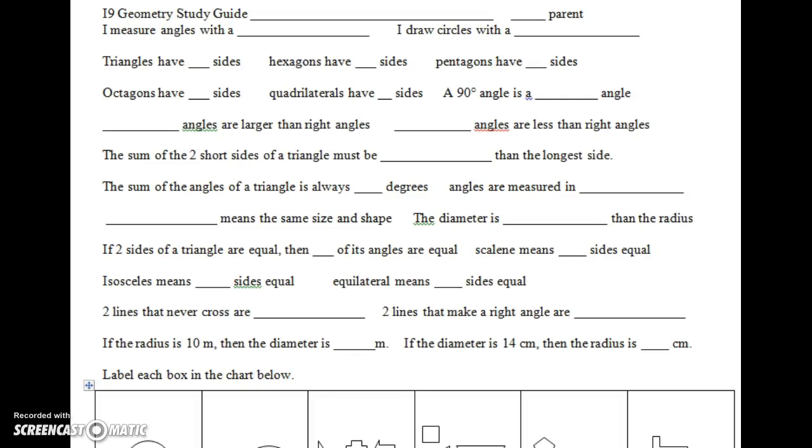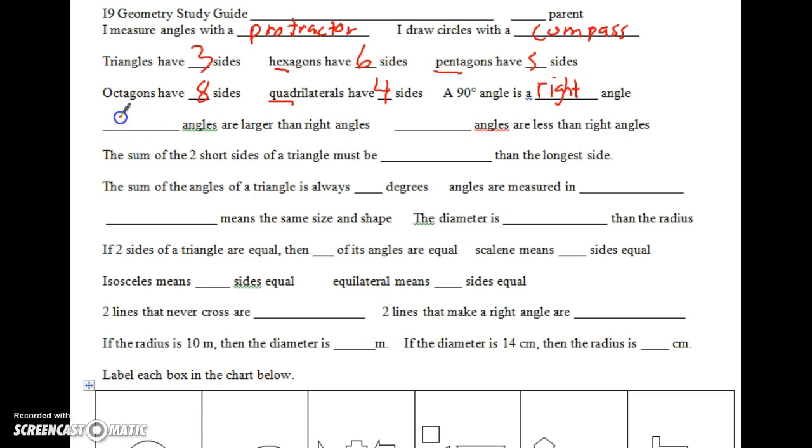Here's a fast run through of the answers from the geometry study guide. I measure angles with a protractor. I draw circles with a compass. Triangles have 3 sides: hex, 6; penta, 5; octagon like octopus, 8; quad, 4. A 90-degree angle is a right angle,